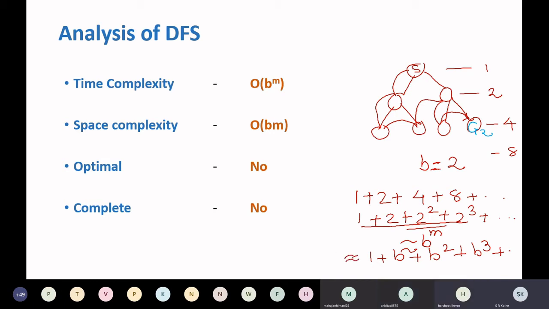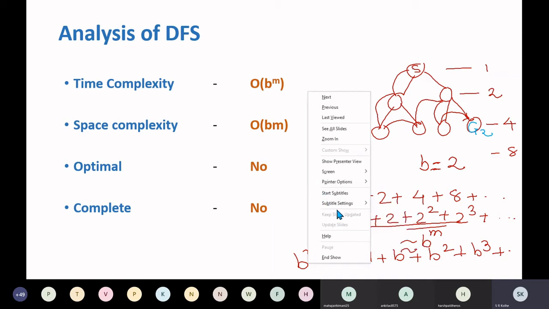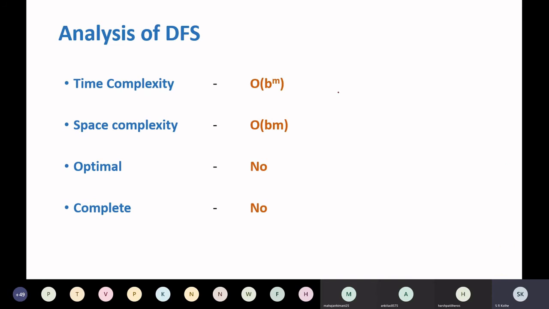If you approximate this, that will come out to B raised to M. Therefore, time complexity is B raised to M. We will not go into the detail of that. That's why the complexity is B raised to M, and space complexity is B multiplied by M.